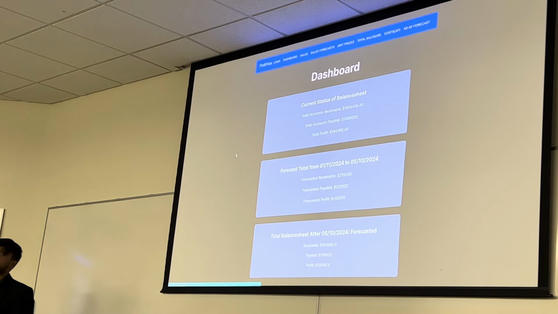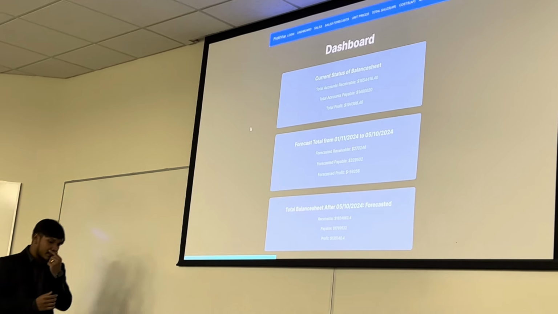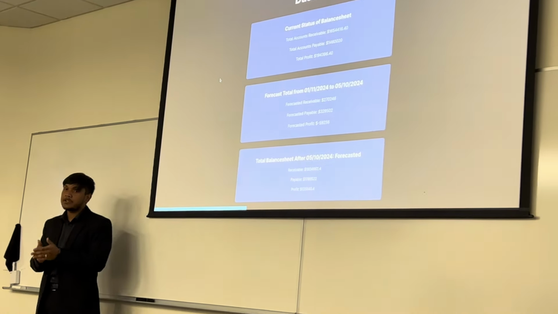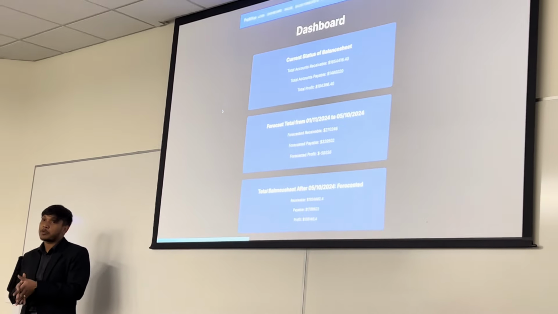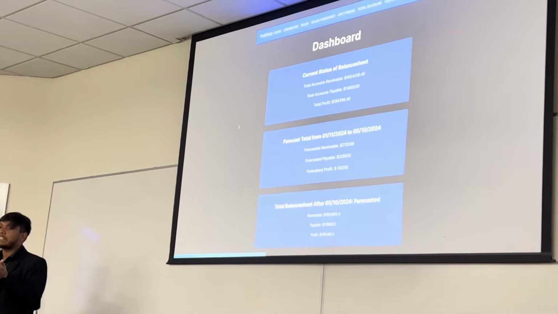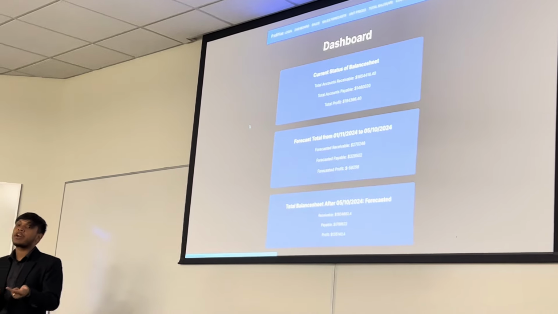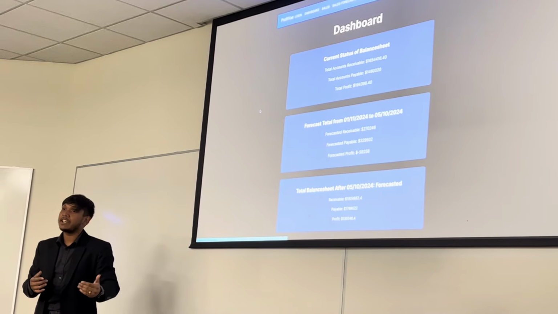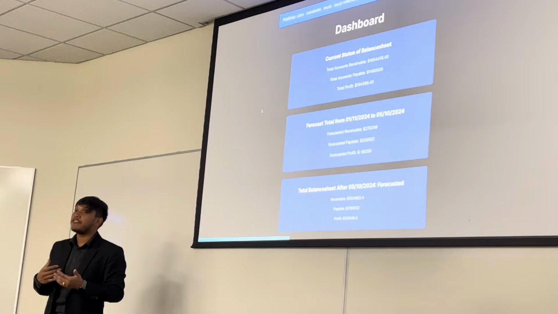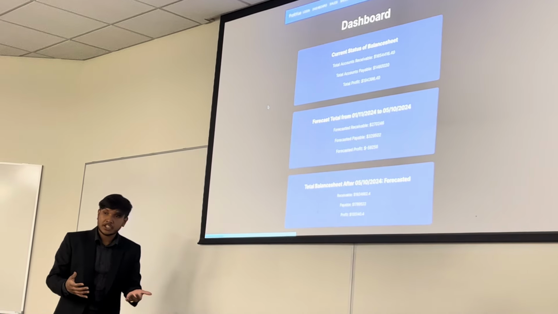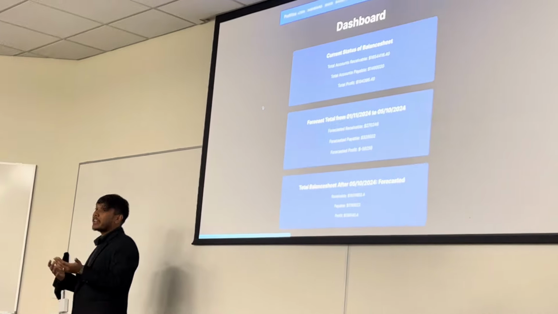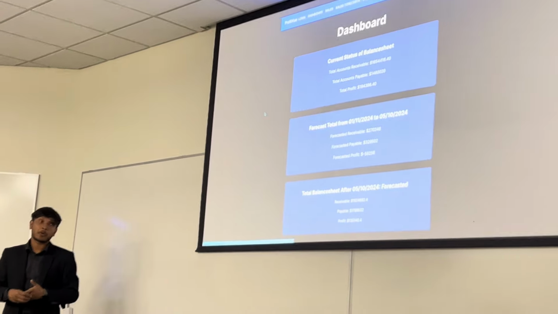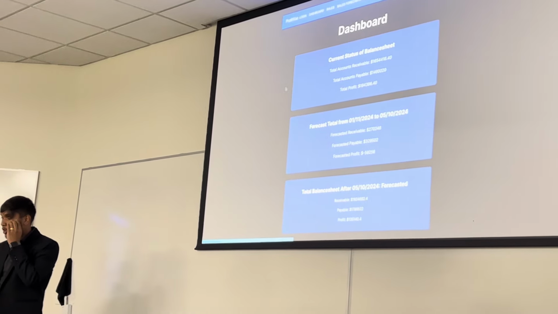And it also shows you a total balance sheet. That total balance sheet is really important, I thought, because when I saw companies like US Venture and their motive for this kind of project, one of the main motives was so that they can instantly look and say, okay, after 5 months I will have this much amount from my business. So they will know earlier on if they can start investing in something right now, maybe rebuilding their shop, getting more inventory, or getting some fancy technology. So this forecasted total balance sheet is really important for any kind of small business.